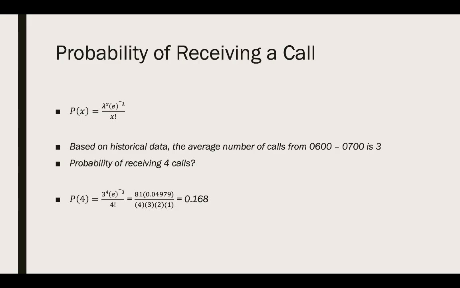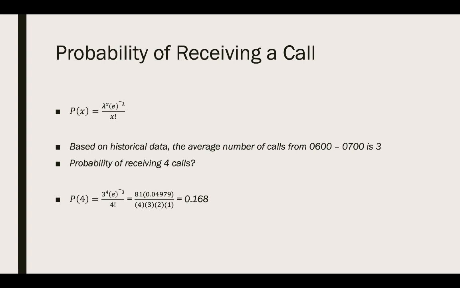And if you remember back to high school algebra, the factorial of 4 would be 4 times 3 times 2 times 1. That together is the factorial, denoted by that exclamation point. So if we wanted the factorial of 3, it would be 3 times 2 times 1, and so on and so forth. If we do the math there and divide it through, we have a probability of 0.168, which translates to a 16.8% chance of receiving 4 calls from 6 a.m. to 7 a.m. from that area